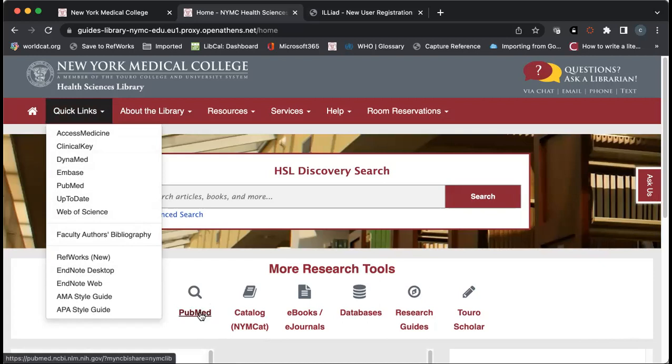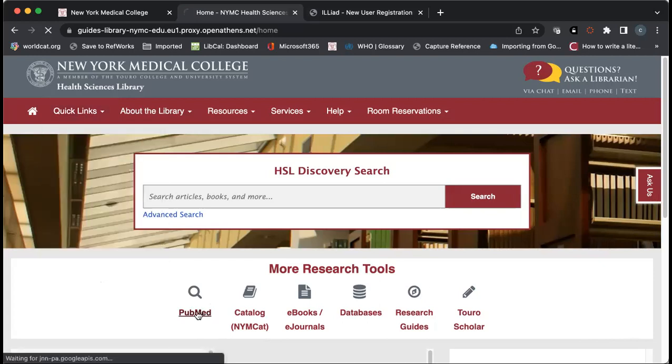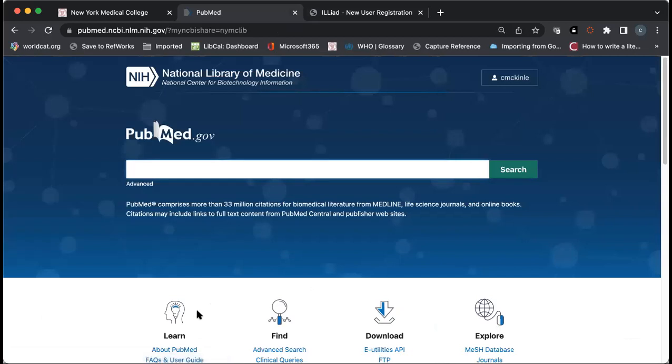PubMed is also available under More Research Tools. I bring up PubMed first because it really is a very helpful, amazing database. And I say amazing because you can do so many things with it. So what I'd like to do right now, I know all of you are very familiar with PubMed, but